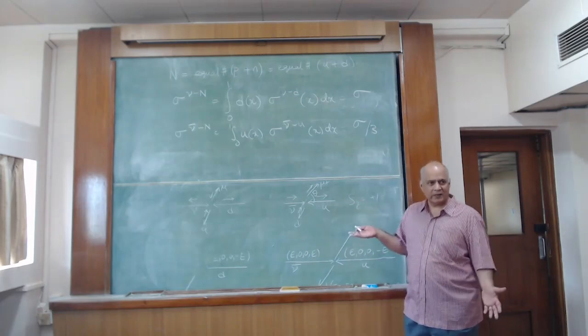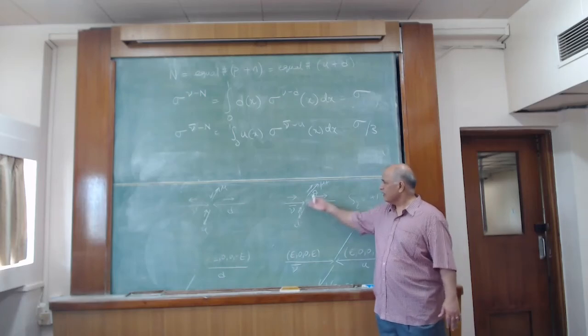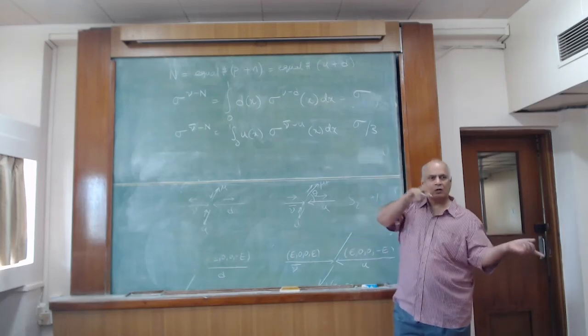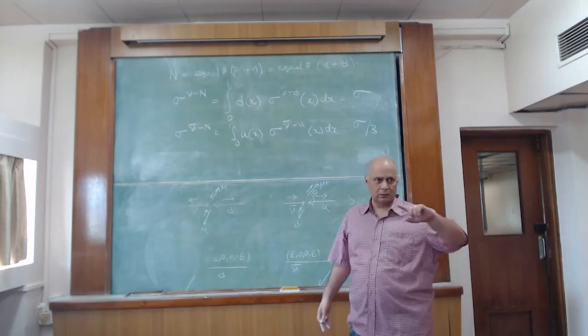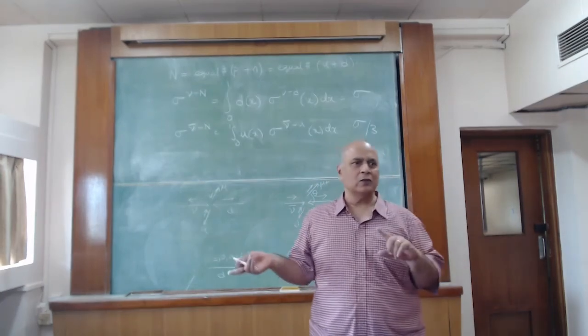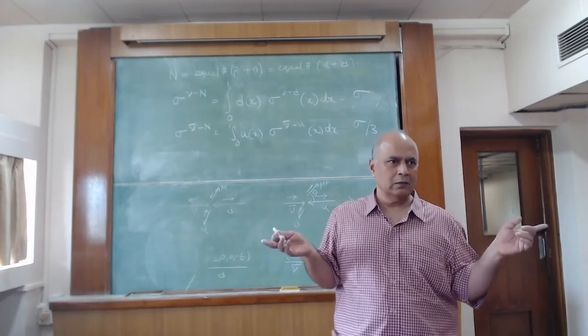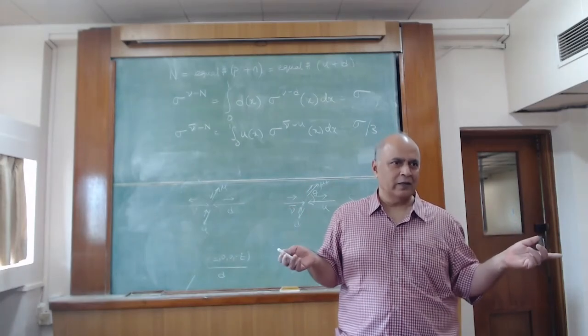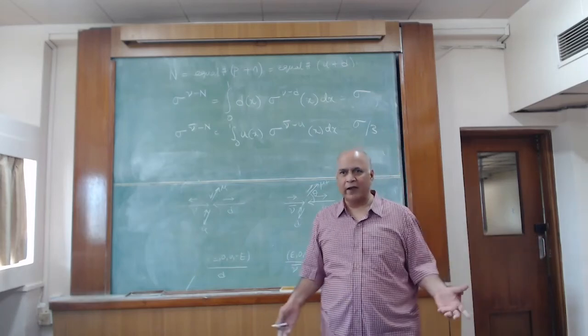I have a different basis where I quantize the spin along this theta direction. And there is an orthogonal transformation which takes me from one basis to another. There is a rotation matrix. And I work out that rotation matrix, and I find that